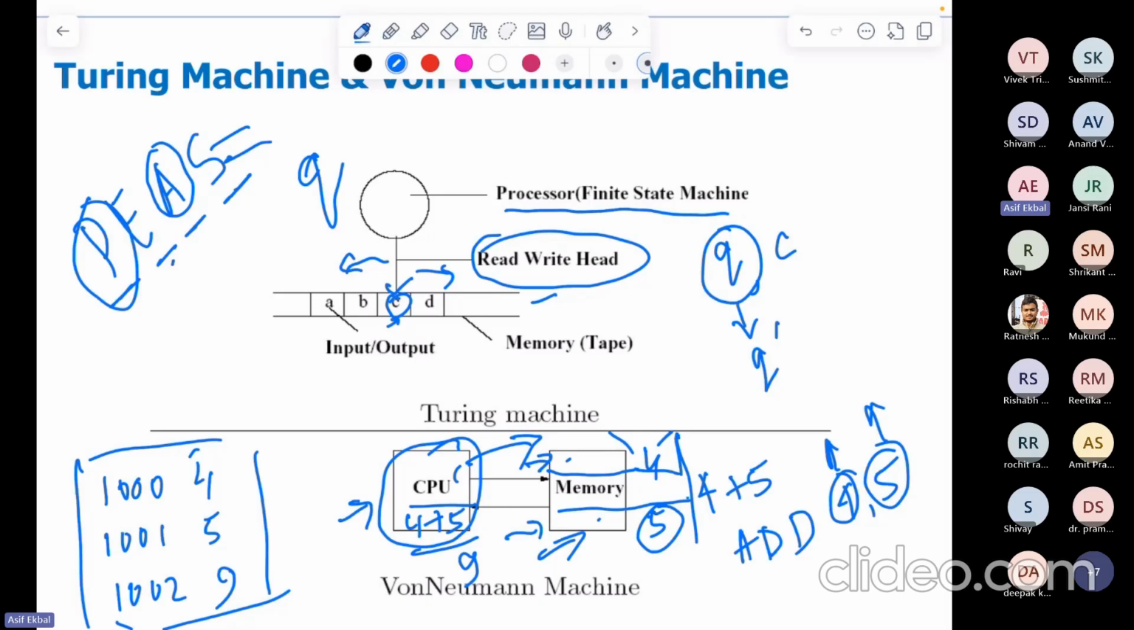Then so we'll continue this. So for example, now if you see that,